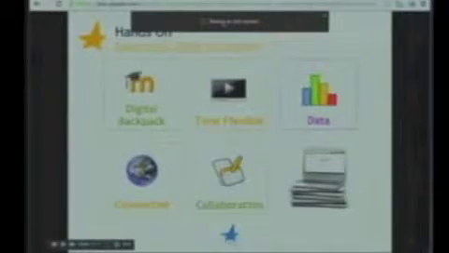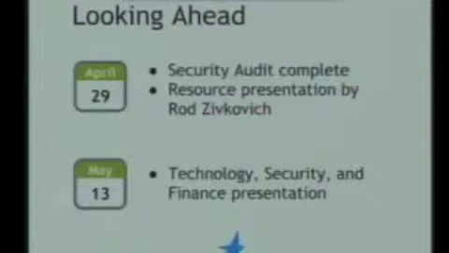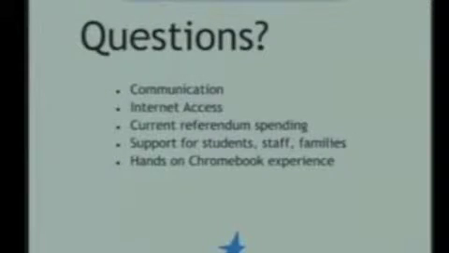So again, the 5 areas I wanted to talk about or dig a little deeper were these 5 areas. Talk a little bit about communications, the importance of communication, what we've done, what we want to build on. Talk a little bit more about internet access, our proof of concept with the work at the Georgetown apartment complex and the bridge that Nelson can help us build there. Talk about review the current referendum spending, how we're supporting students, staff, and families, and then give you this hands-on